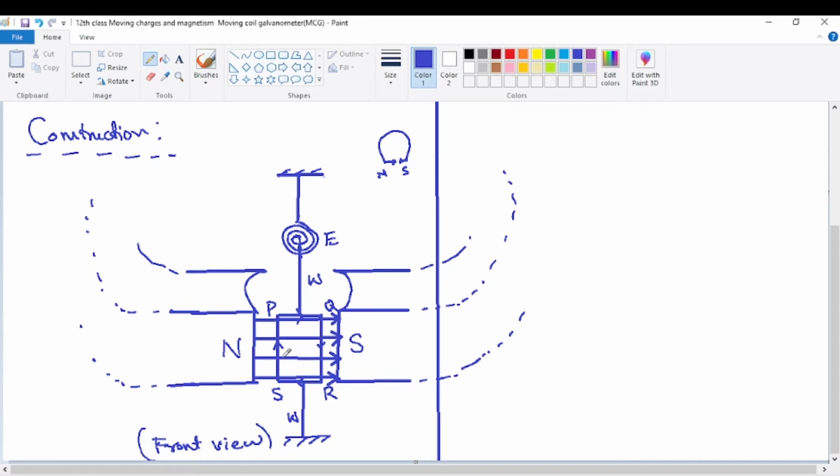Now from the front, see here, this is called the front view. What is the front view here? Just see the coil PQRS. Imagine that the coil PQRS is present in the plane of the blackboard. Here we are using a white screen; in the classroom it will be a blackboard. Imagine that the rectangular coil PQRS is exactly lying in the plane of the blackboard. Then when we are sitting in front of the blackboard observing it, this is called the front view of the coil. Now the same coil can be seen even from the top by going above the coil.